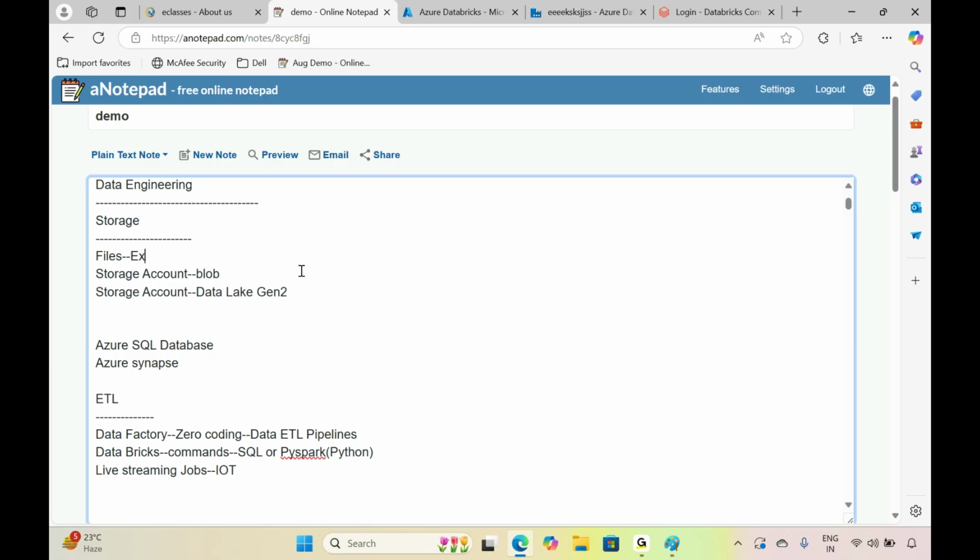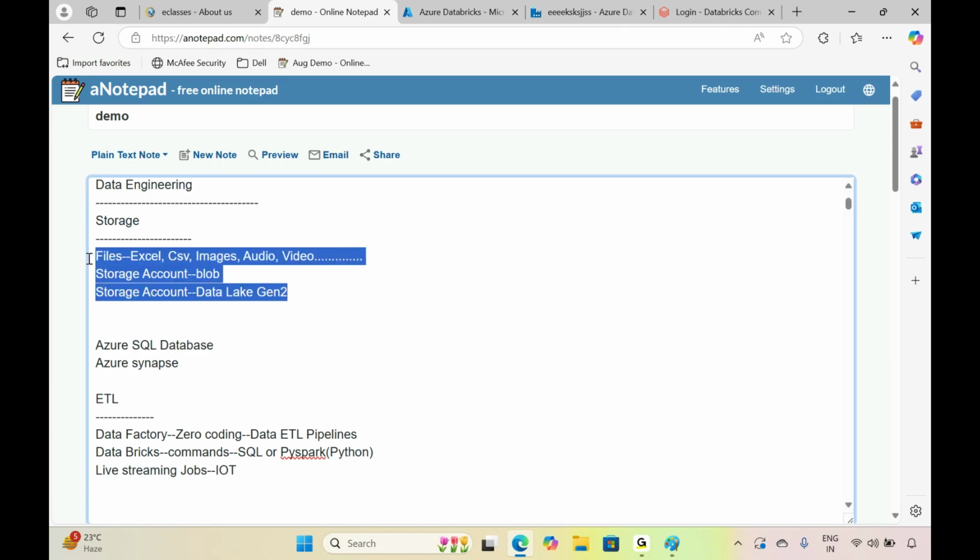Files means Excel files, CSV files, images, audio, video, any kind of files. If you want to store them, you can use these two services. Simply create a storage account with a blob, or a storage account with data lake gen 2, and then you can upload your files inside this.